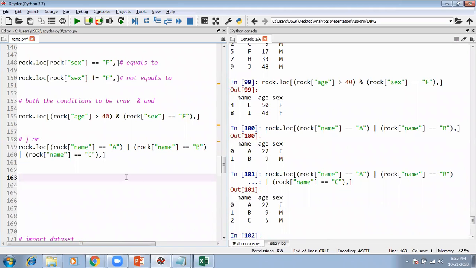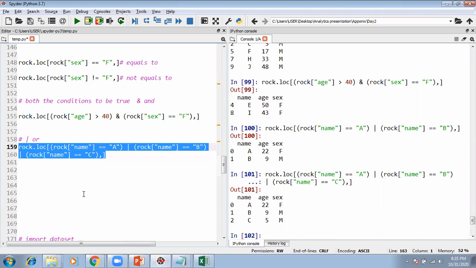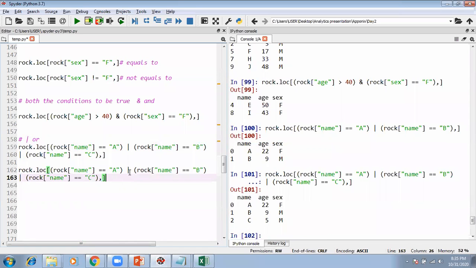So there is a shortcut to write it. How do we write it? It's very simple. You don't have to give the bracket then. Now rock, third bracket, name, and rather than writing equals to, we can write dot isin.